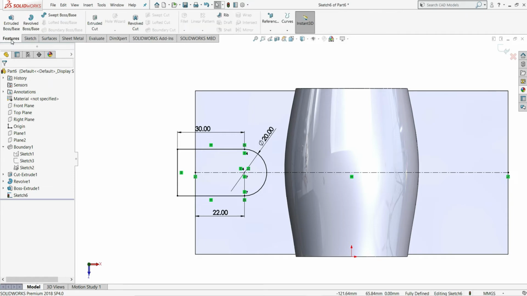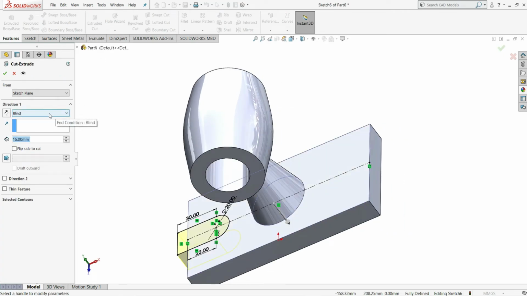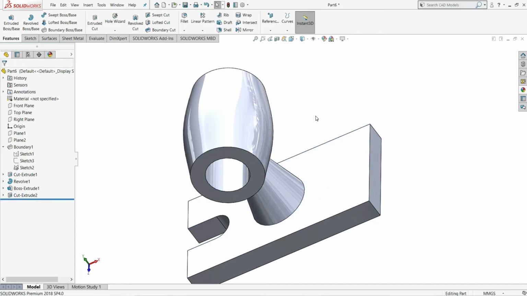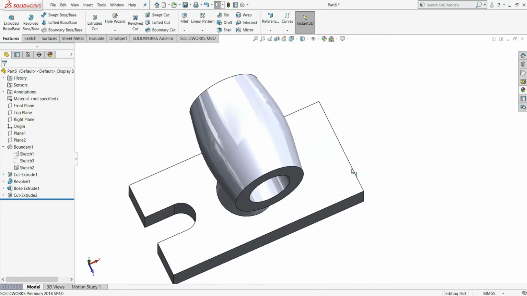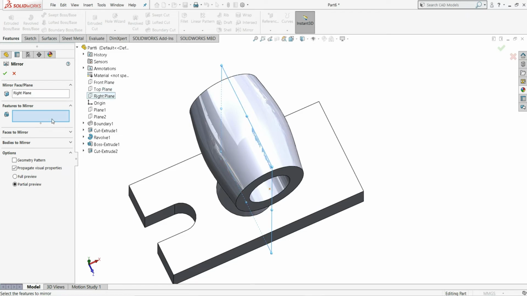now we'll go to features. We'll select extruded cut. Make this end condition through all both sides. Nothing we have to change here. Okay. Then we have to cut extrude on this side also. For that we will select mirror. Our mirror plane will be the right plane and the feature will be the cut extrude. Okay,